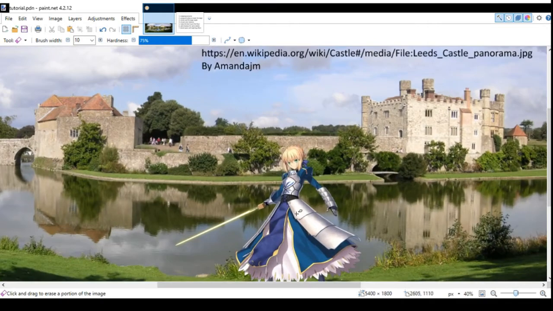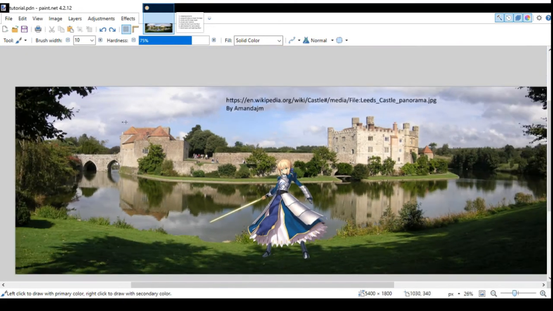Her body's tilted a little bit this way, kind of like this way. Kind of draw an arrow. So it's facing a little bit this way, so it's tilted a little bit, but it's almost unrecognizable. So in this case, I probably wouldn't change it, but just to show you how you would be able to